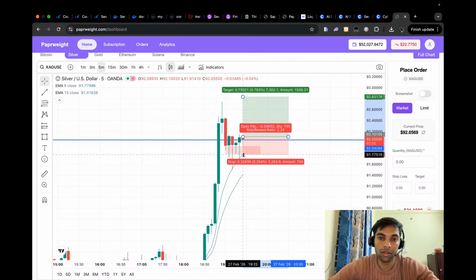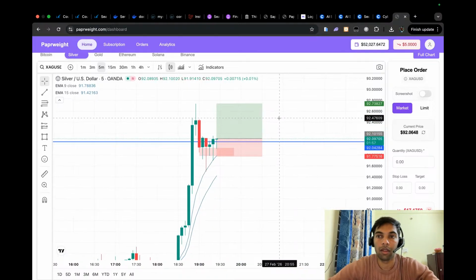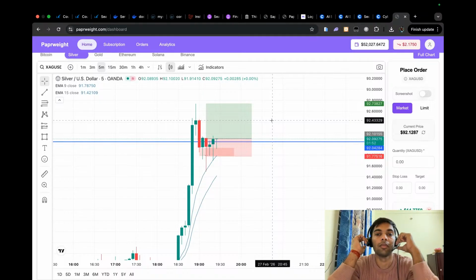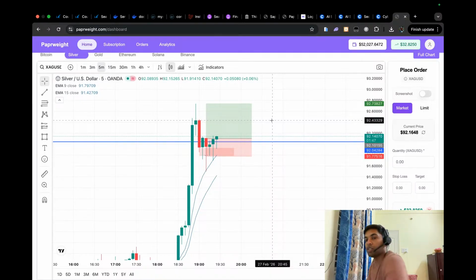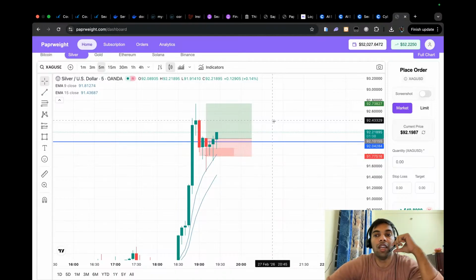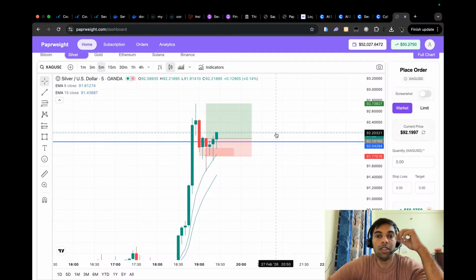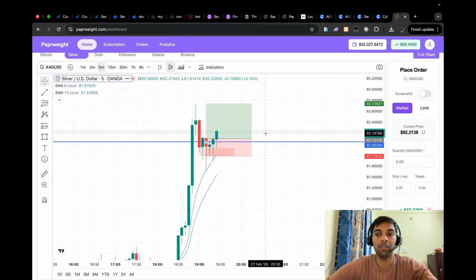150 points is my stop loss, and my target is this. So this is my first scalping in silver. I punched my order with half quantity, although my usual quantity is $1,000. But for some uncertainty, I just punched the order with half quantity. Okay,